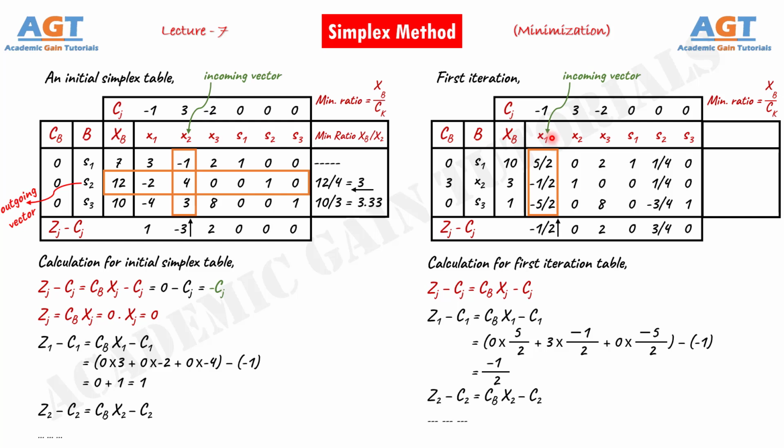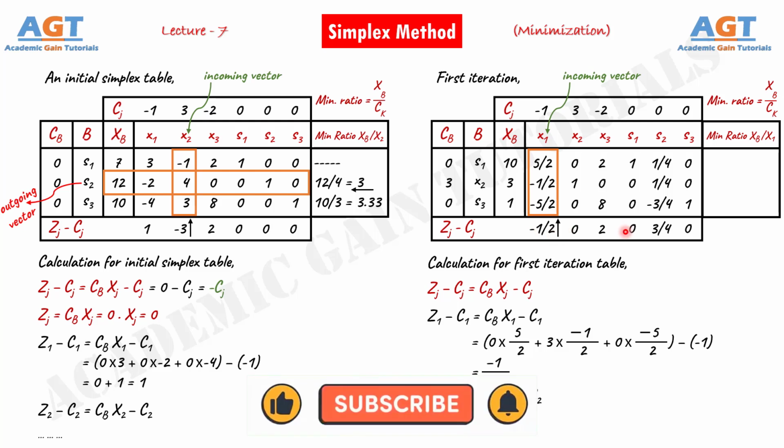Here, the key column is x1, so we will divide the values of column xp by the values of key column x1 for calculating minimum ratio. We did not make this column for minimum ratio at first, because after finding these values of zj minus cj,